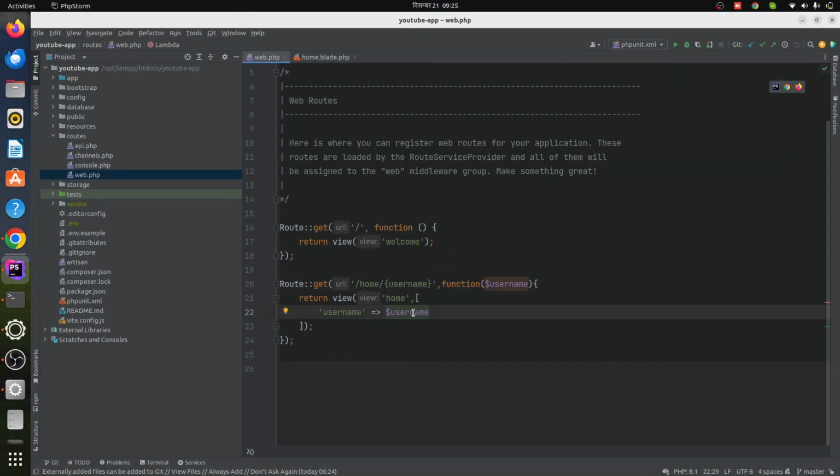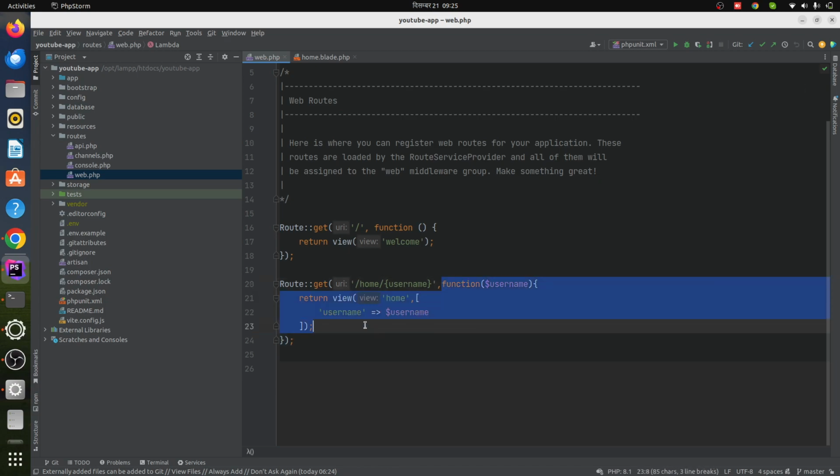Today we'll be talking about controllers in Laravel. A controller is just a class whose responsibility is to process the request and give us an appropriate response. In all of our previous videos, we are giving the response in the route file itself, but now we'll be using the controller, right? Here we can see that we are returning this home page with the help of this